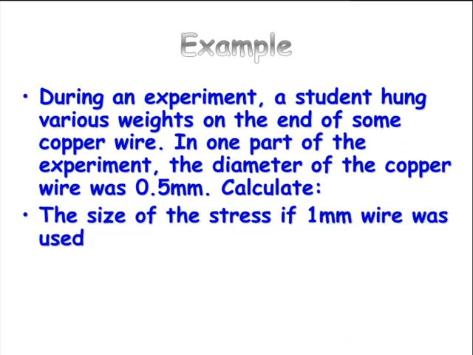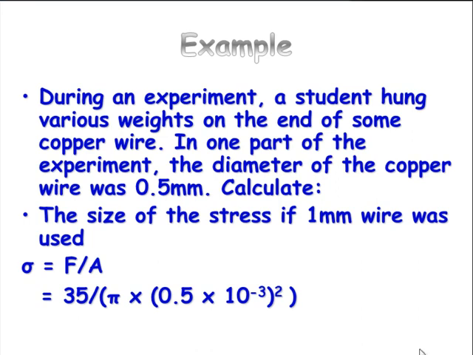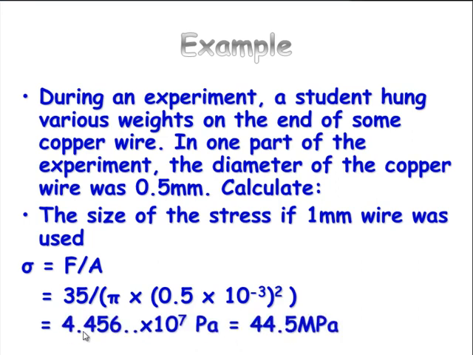Finally, what would the size of the stress be if 1 mm wire was used? Sigma equals F over A. Substituting in, 35 over pi r squared, where we've now doubled r, so we get 0.5 times 10 to the negative 3 squared, and we end up with 4.456 times 10 to the 7, or 44.5 megapascals. If you remember, the last one was 178. This is 1/4 of the original